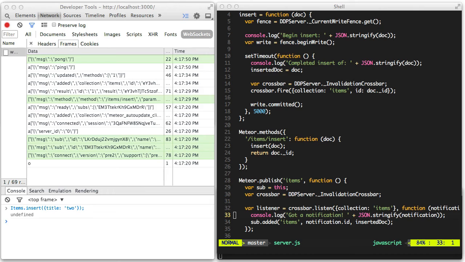Let me make all of this a little bit bigger so that you can see it all in one place. And to conclude, normally we wouldn't use the invalidation crossbar like this directly. In fact, we wouldn't really use it in a publish function at all. The place that this would be used would be in Mongo Live Data in the Mongo driver. And the reason I wanted to show it to you is that you get some more intuition about the magic